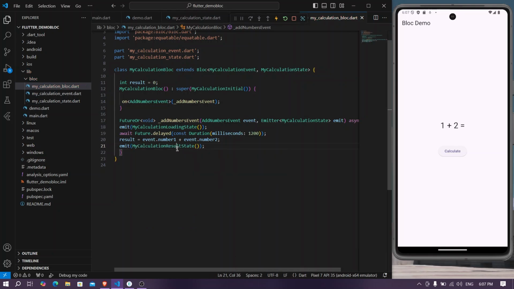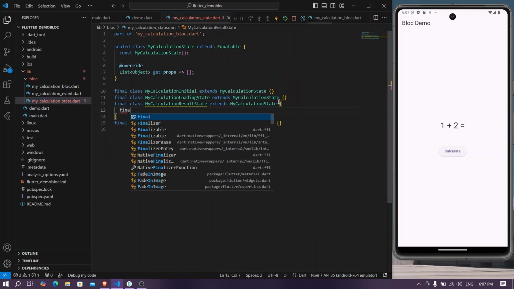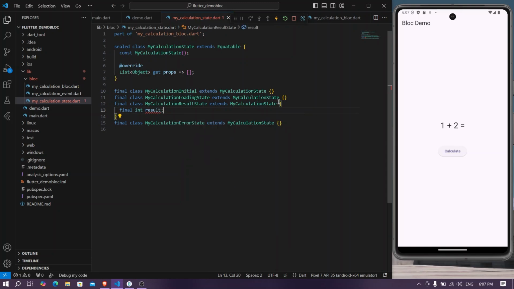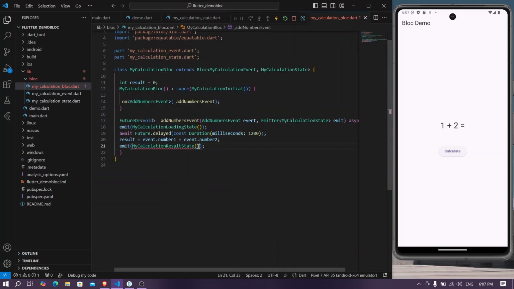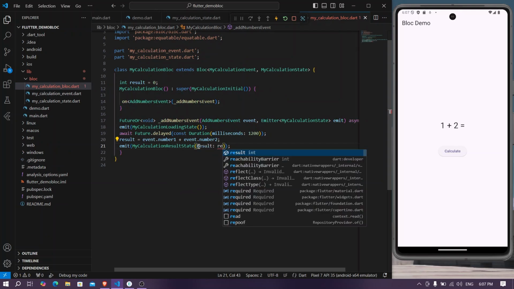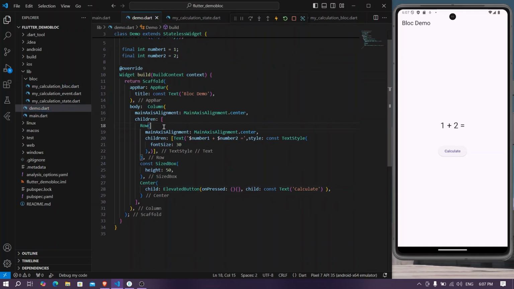Okay, so now result state, as you can see, if our result state is there, we need to show the calculation's result here, right? So for now we have our result state and we are expecting a result. So final int result, you can add it inside your constructor. Now you will get a little error as it's expecting result, and we'll pass our result into our state. Okay, for now let's have this text,